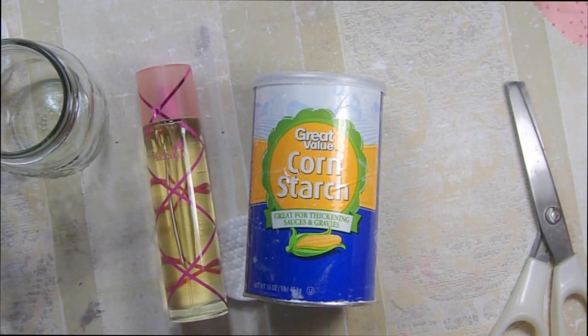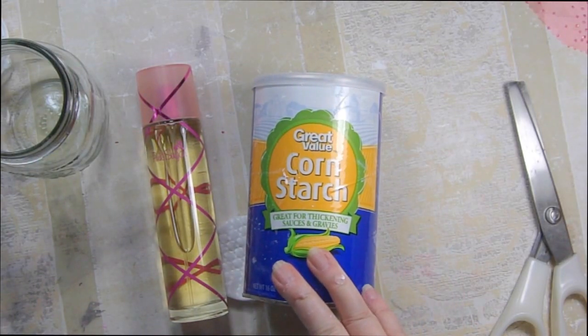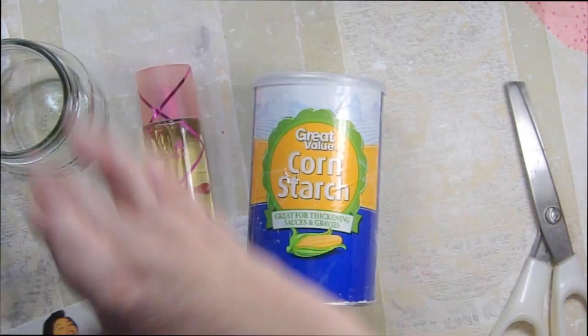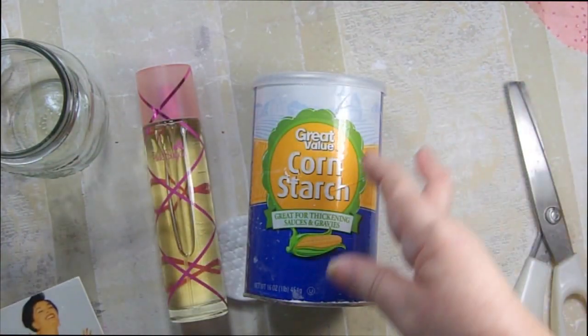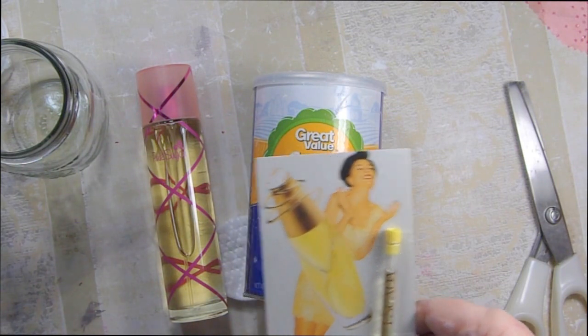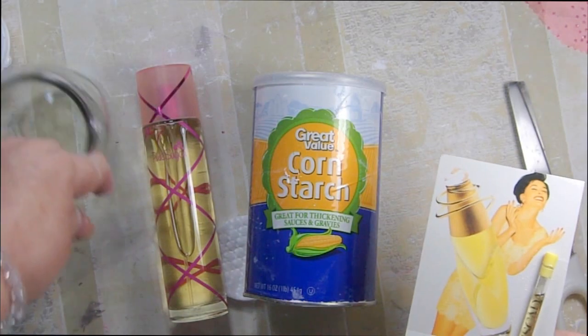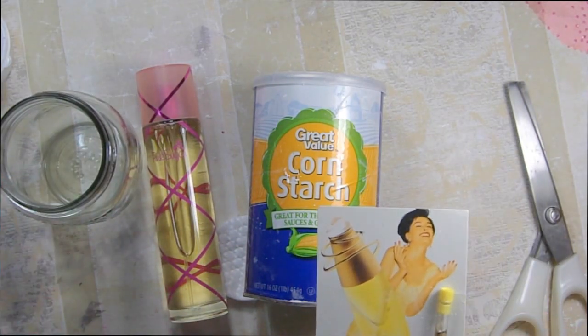This is a continuation in our series of making inexpensive gifts for the holidays, or time-saving gifts for the holiday. And in this case, we're going to make our own perfumed body powder. It can be shimmering or not shimmery. I'm going to show you both options, and I'm going to give you some ways that you can save yourself some significant money. In this case, I'm going to be making this powder for myself, so it's not going to